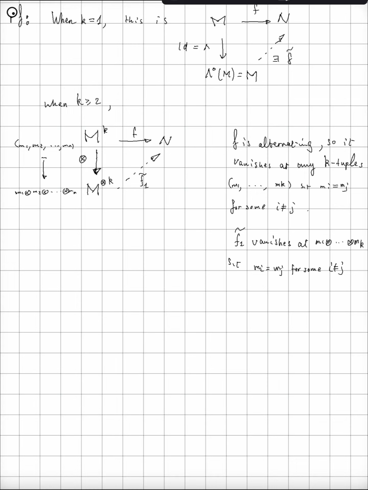So it vanishes on this submodule, and so it factorizes through its quotient, which is what we call J_k, and so this is, by our definition, our exterior power. And this is how we define our f tilde,